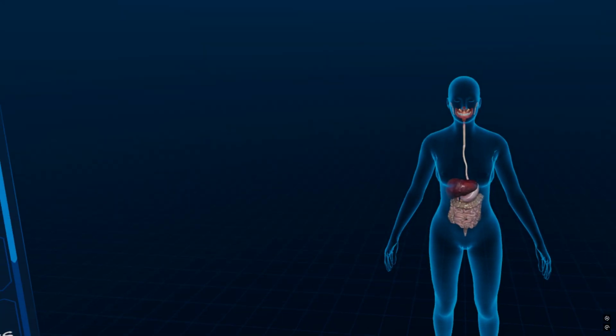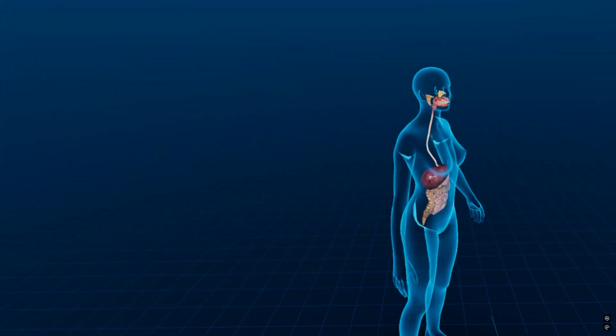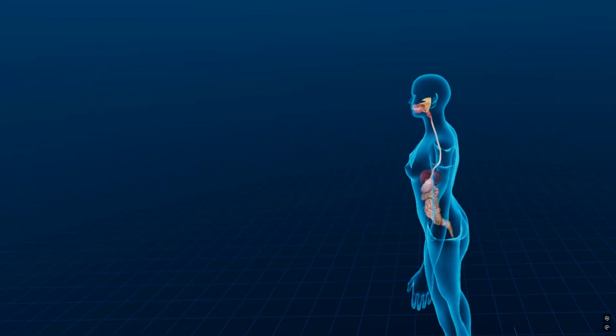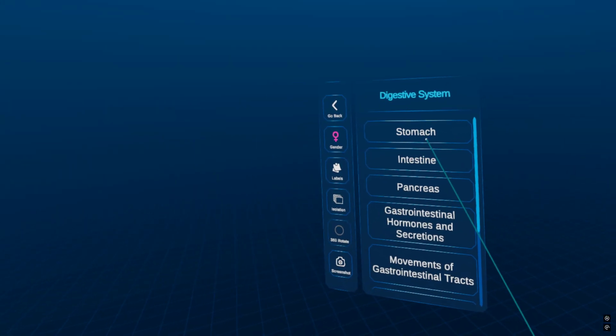The digestive system is a complex series of organs and processes that work together to break down food and absorb nutrients into the body. It includes various organs, such as the mouth, salivary gland,